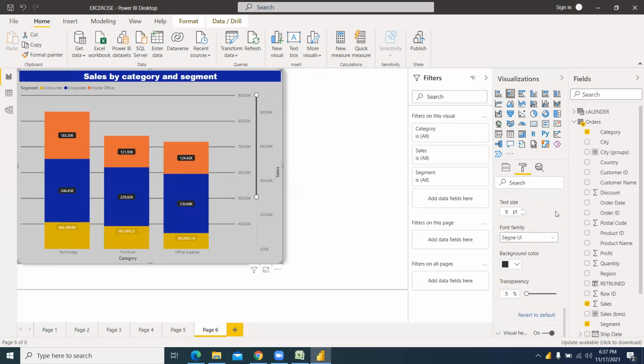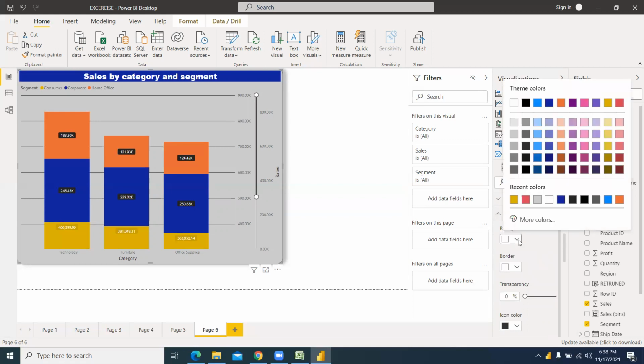Now coming to visual header. Visual header is nothing but these headers. You see these headers, and in different scenarios, different headers will come, like drill down and then error, warnings. Those are the options which you can make visible or invisible as per the user need. Okay, so we have those options. But even though if you turn it off here, it won't apply here. It will apply when you publish the report.